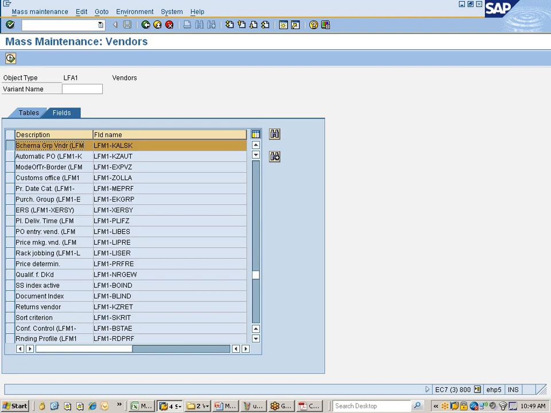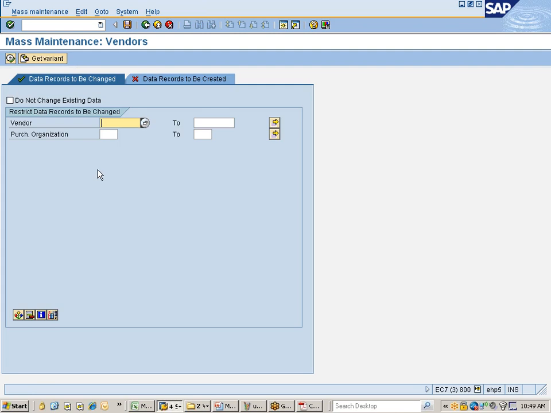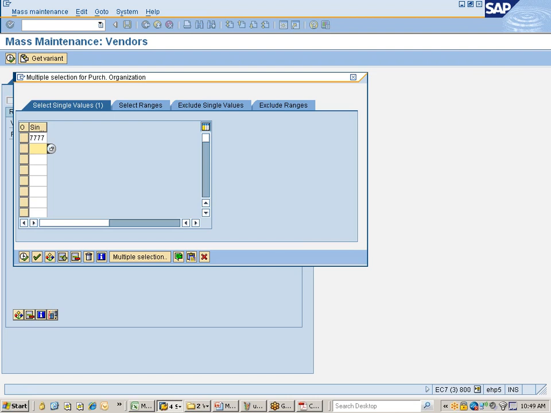Okay, so schema group for vendor, you select this one and go with execute. Now here you specify your purchasing organizations, 777C and 777G also. Okay, so here